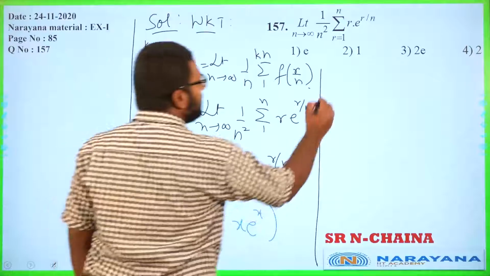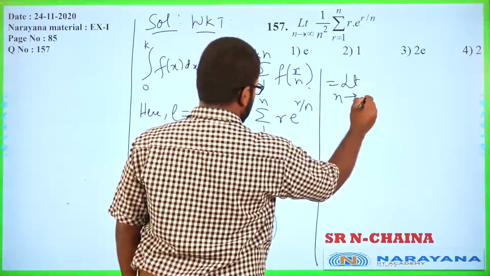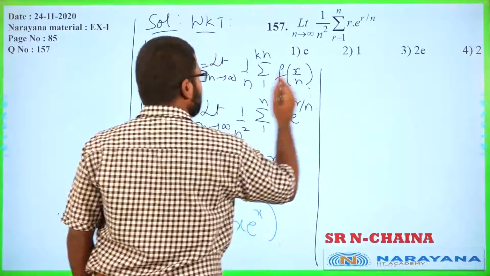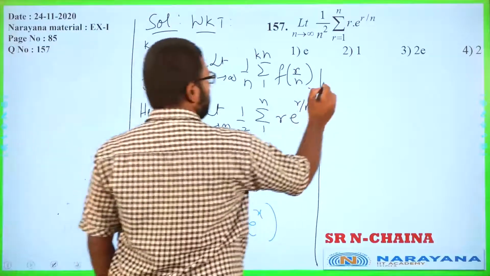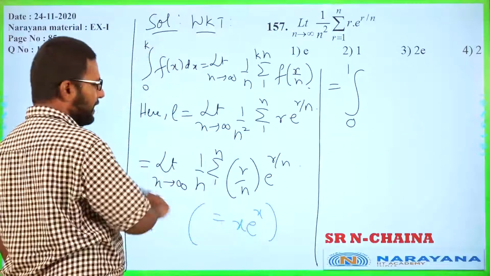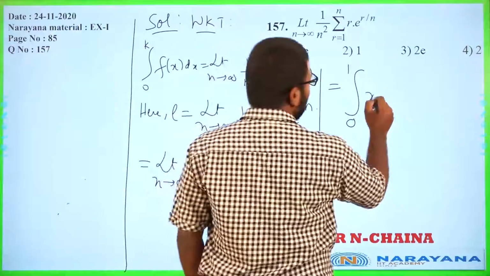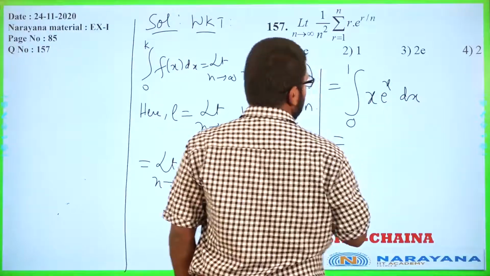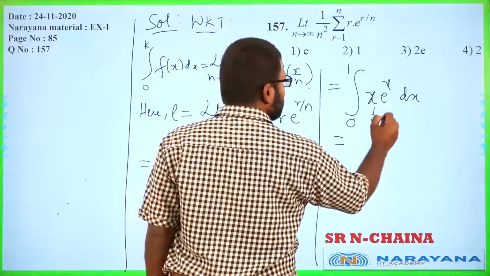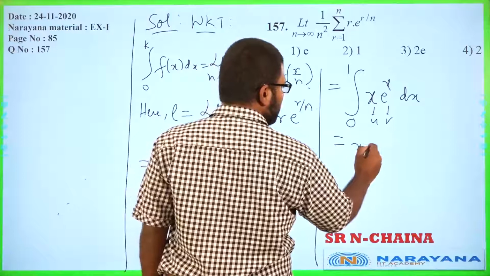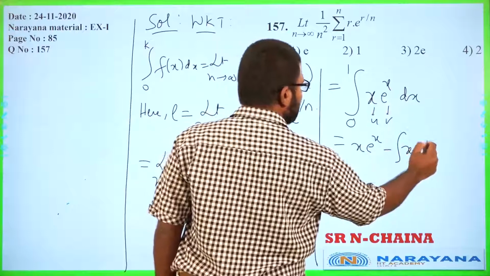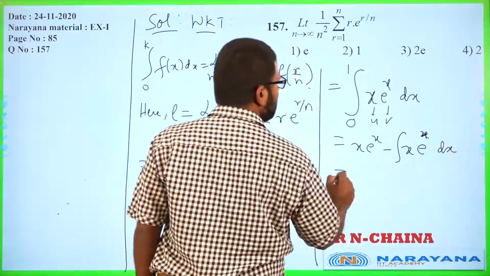So finally, no more limits, you can now write it in integral form, which is integral 0 to 1 here, k is equal to 1, f x dx, this then is your f x, x e raised to x dx. Now you have done this before in indefinite integral, so apply the uv rule, put this as u, put this as v, so u integral v, so x e raised to x minus integral of derivative of u, which is x, integral e raised to x is e raised to x only, dx, correct.